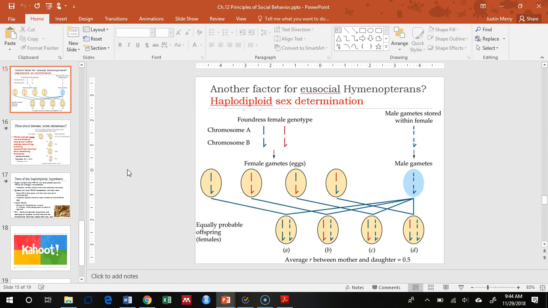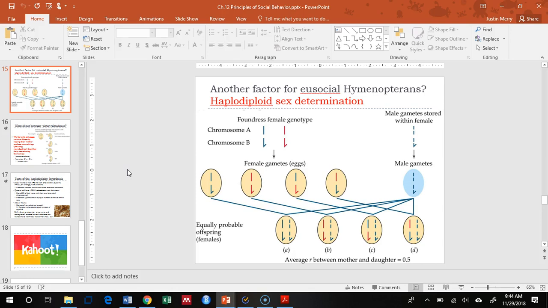there is some segregation that does occur there because the female does make multiple different kinds of gametes. So a female's eggs will be a variety, as she's independently assorting each of her chromosomes into those gametes. She's going to give one of each kind of chromosome to each gamete, and that will result in a variety of gametes being formed. So in this case, if we're assuming she just has 2 chromosomes, just to make things a little bit easier, then there'd be 4 possible combinations of those chromosomes in terms of the types of gametes she'd make.